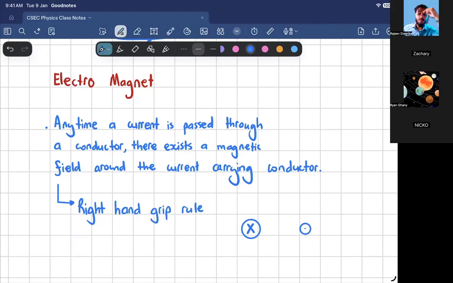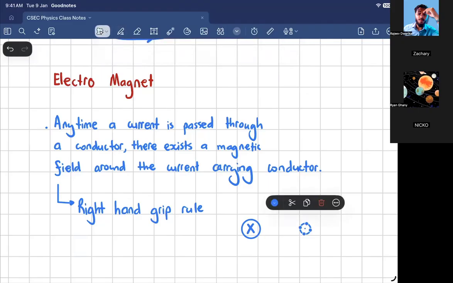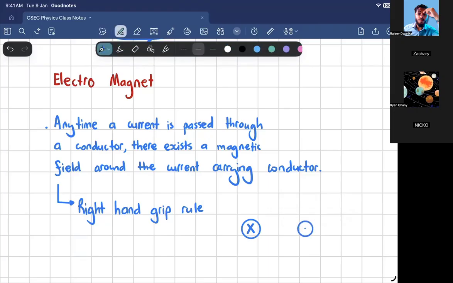Anytime you do the right hand grip rule, you always need to consider two main cases. Number one, the